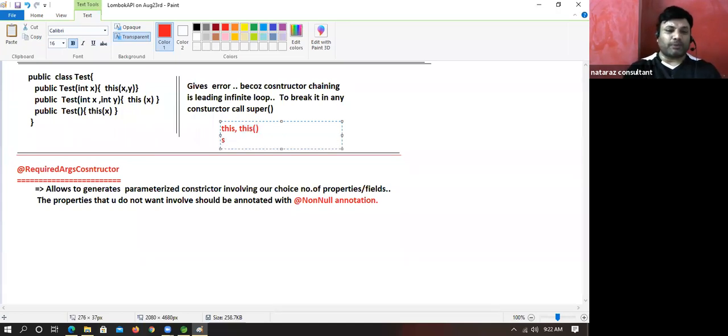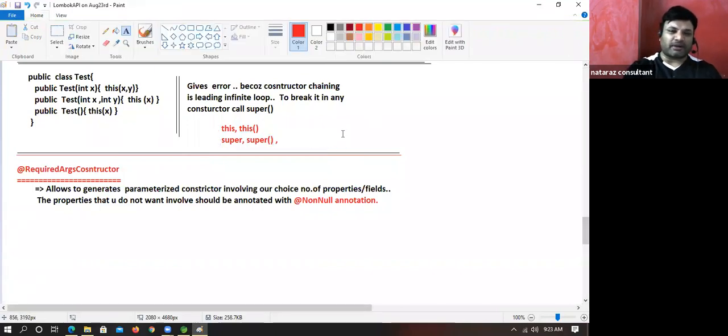Then we have super(). To call superclass things from the subclass, we have super. To call the superclass constructor from the subclass, we have super(). So this() and super() are related to constructor invocation. this() is to invoke a current class constructor. super() is there to invoke the superclass constructor from the subclass. So there are so many points related to that.